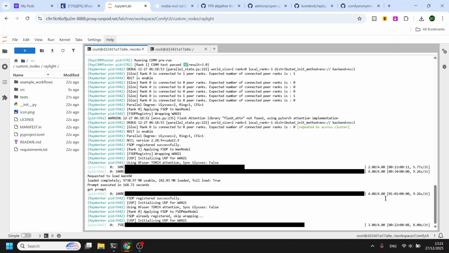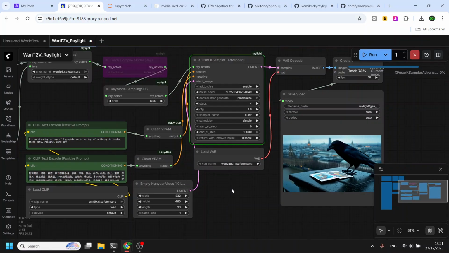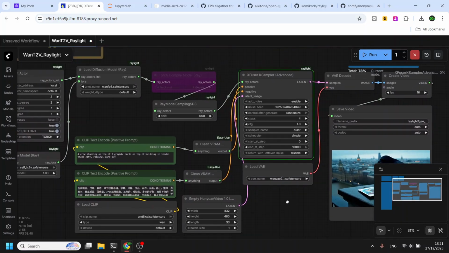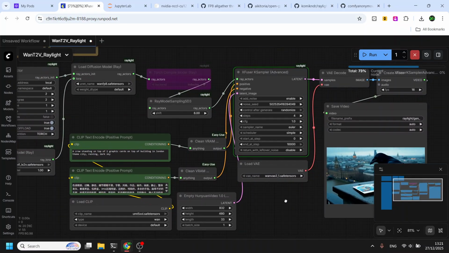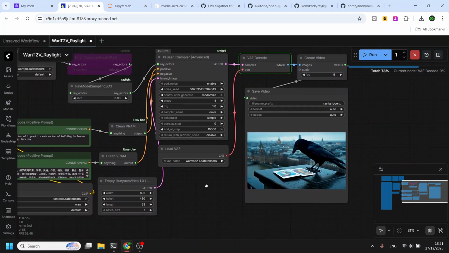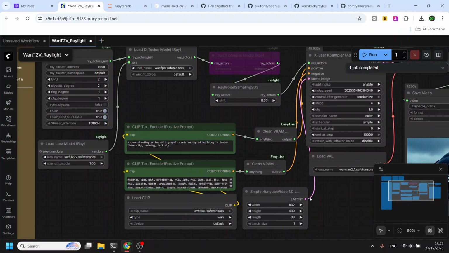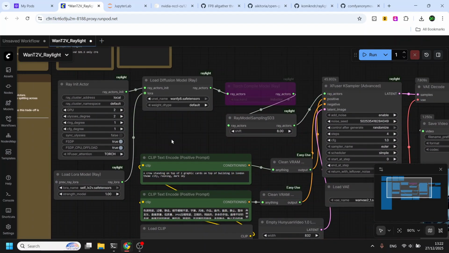Yeah, it's fast. But again, this is only 33 frames. Again, VAE decode. Nice, it ran perfectly.